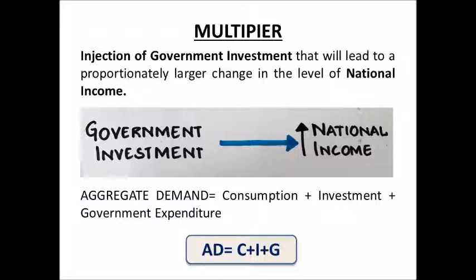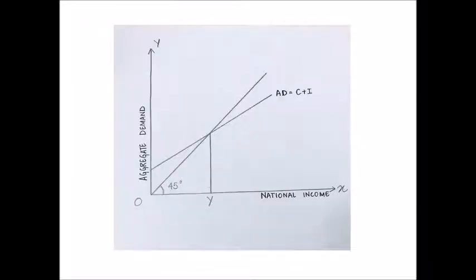Here in the diagram, x-axis denotes national income and y-axis denotes aggregate demand. A 45-degree line is drawn between aggregate demand and national income. The line equally divides the two. The aggregate demand is above the origin because even when an individual has zero income, he still consumes. For example, a student depends on his or her parent for consumption, even when their income is zero.